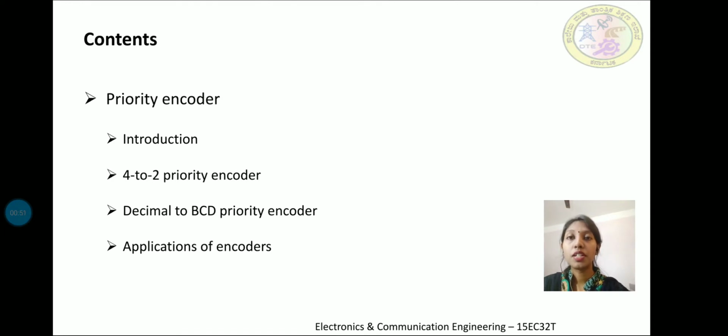Some of the most commonly used ICs are 7442 for the BCD to decimal conversion, 7447 and 7448 7 segment driver ICs, and 74138 3 to 8 decoder IC, which can also function as a 1:8 demultiplexer. Several ICs are available, and we have also studied the working of BCD to 7 segment display. A 7 segment display consists of 7 LEDs arranged in the shape of digit 8, and by activating the correct combination of the LEDs or segments, the decimal digits are displayed. In this session we are going to study the priority encoder.